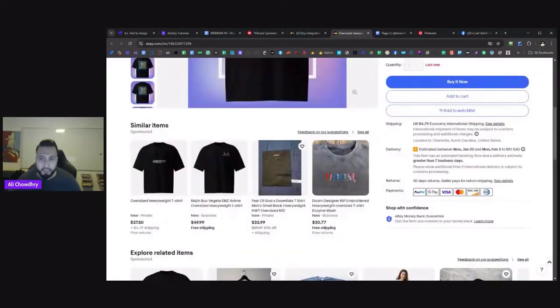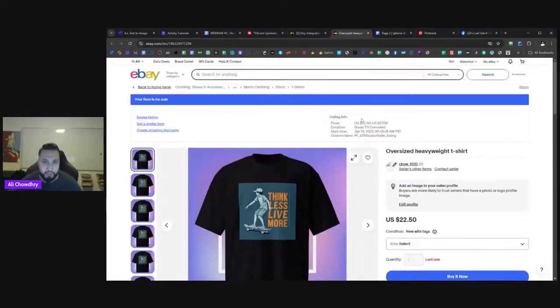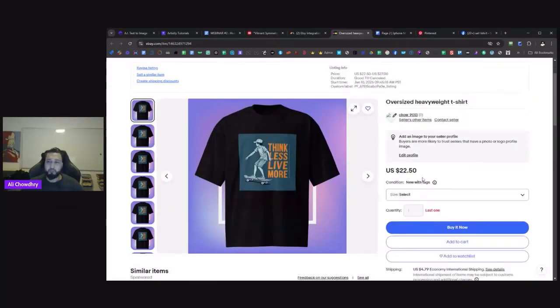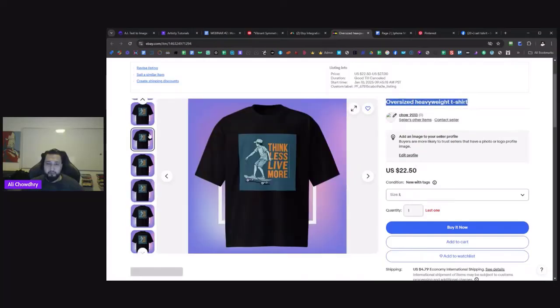Now, can everyone see this? This is what I made with Artistly. Okay, this is actually live on eBay right now. This item, look, your item is for sale right now at $22. Okay, so you can see oversized heavyweight t-shirt. It's got my design, and remember, here I just did a really quick ugly design. This is why I said,